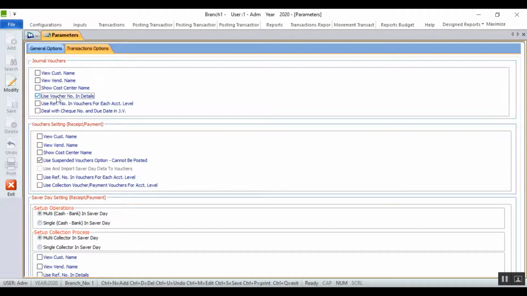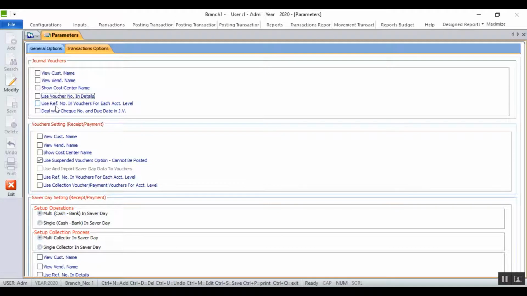The variable Use Journal Number in Details allows the user to transfer debit or credit notes to Journal Voucher. And if you activate this variable, the system will add a new variable, which is Create New Record from Pre-Entered Notice in the Journal Voucher screen, as well as some columns in the detailed data in the Journal Voucher screen, which shows the type and the number of the note.